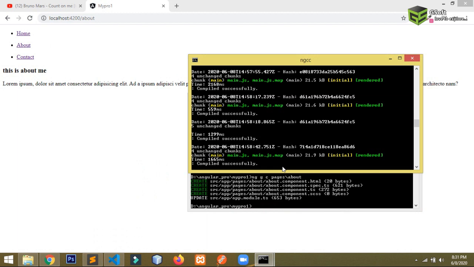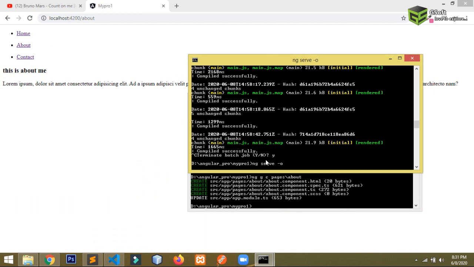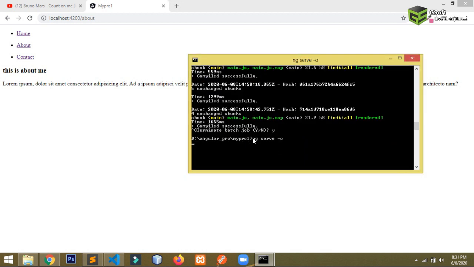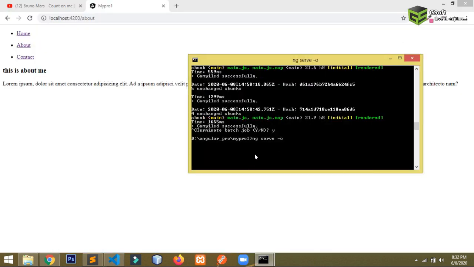I think when I will compile it, it won't work right now because I think I have to compile it again. So I will terminate this compilation. To terminate the compilation you have to press Ctrl C and yes. Then again I will serve the project here. And if there is an issue, you will be able to see an error here, like suppose if there is any path issue, or if it can't find the file which you have added here, then it will throw an error here.